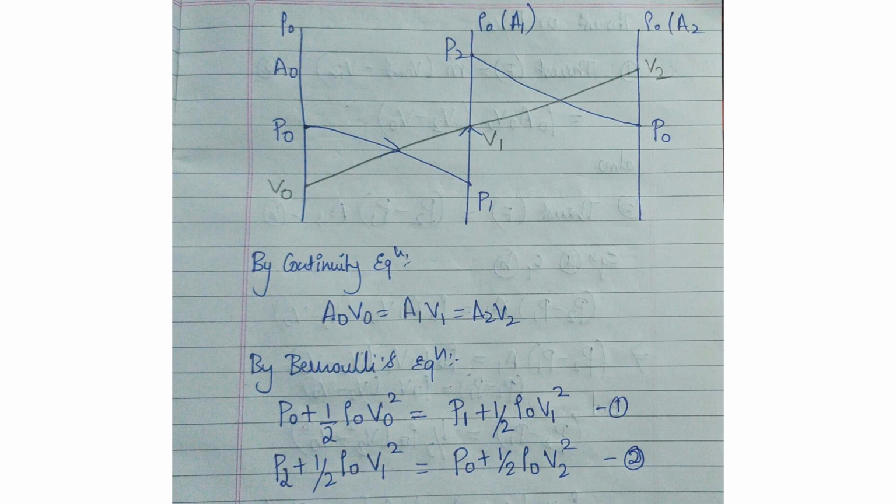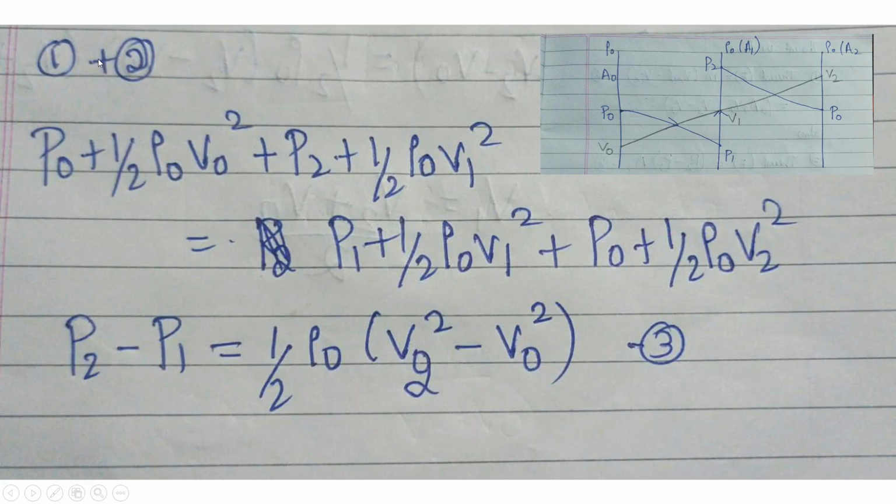So after taking equations 1 and 2, you add both equations. So I'm just adding: P naught plus half rho V naught square, plus the second part, P2 plus half rho naught V1 square, is equal to P1 plus half rho naught V1 square plus P naught plus half rho naught V2 square. So adding both the equations, what you can see is you can cancel out P naught and P naught, and then half rho naught V1 square, half rho naught V1 square, and then you are left with